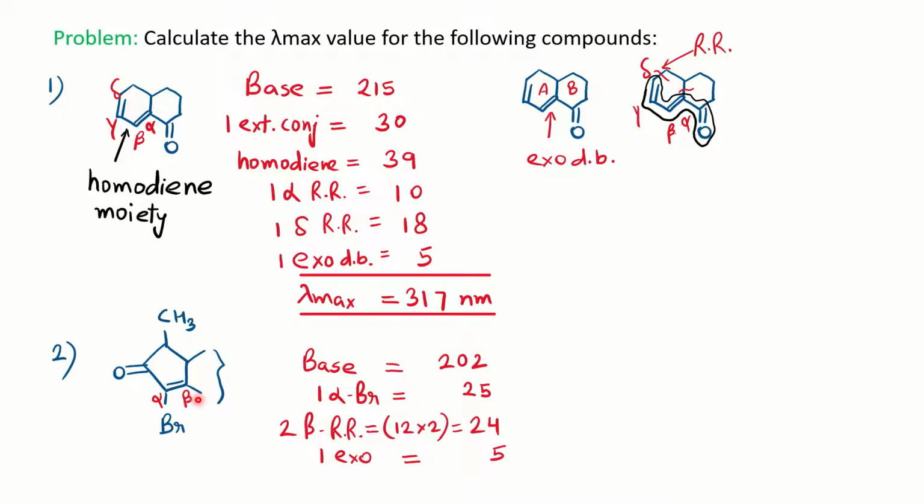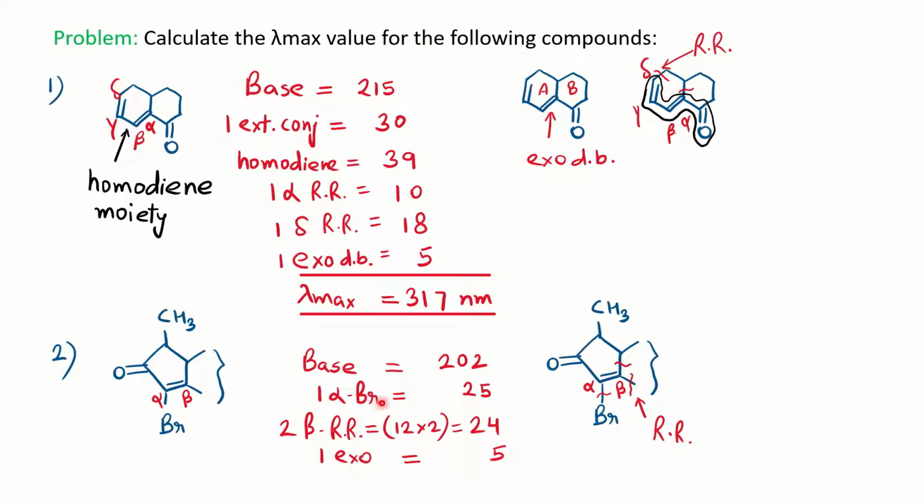Then at beta, you can notice here this bracket says one ring is present here, considered as ring residue. So with respect to this conjugation, we see how many ring residues are present. Just outside this double bond, you have two ring residues or two alkyl or sigma bonds present there. So 2 beta ring residues means 12 into 2, 24. Any other increment is not there.